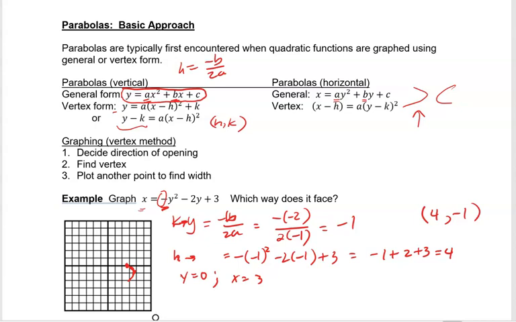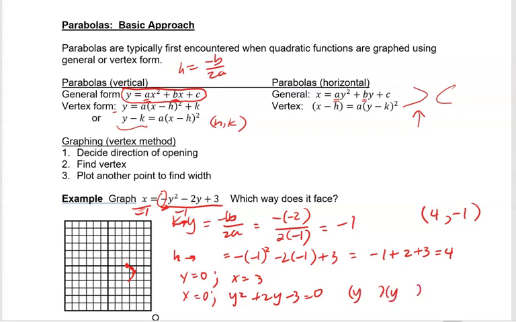So if I were to look for the y-intercepts, letting x equal 0, then what I would get is a negative y squared. And so I just want to divide everything by negative 1. Letting 0 be divided by negative 1, we can just turn around the signs on those coefficients. So I end up with y squared plus 2y minus 3 is equal to 0. And when I factor that out,